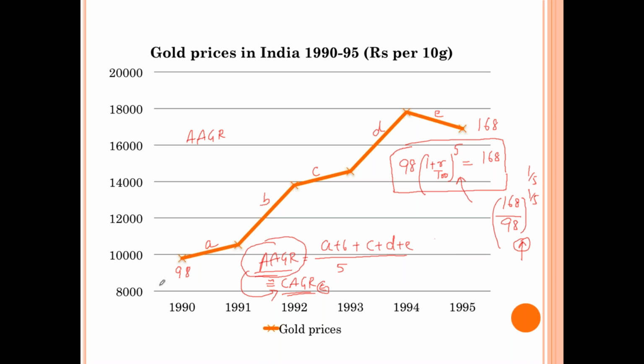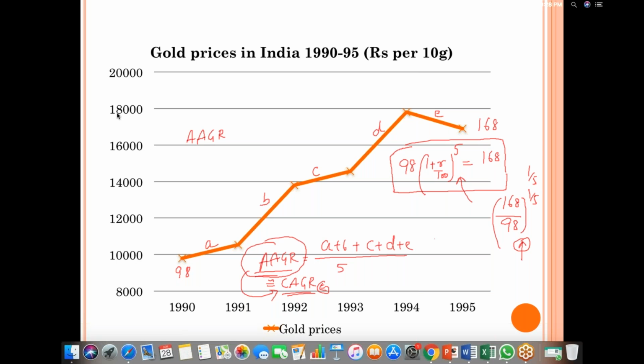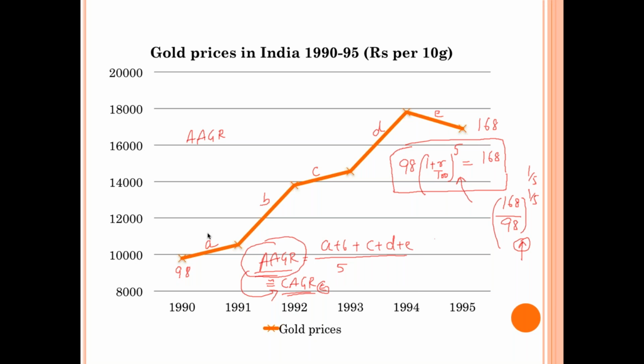See, dear, it is the growth rate of each year that we calculated. It was approximately 5%, right? It was 7% approximately, and this was, I think, or let us say 20%. This was 10%, and let us say this was 5%. So sum of all the growth rates and then divide by 5.